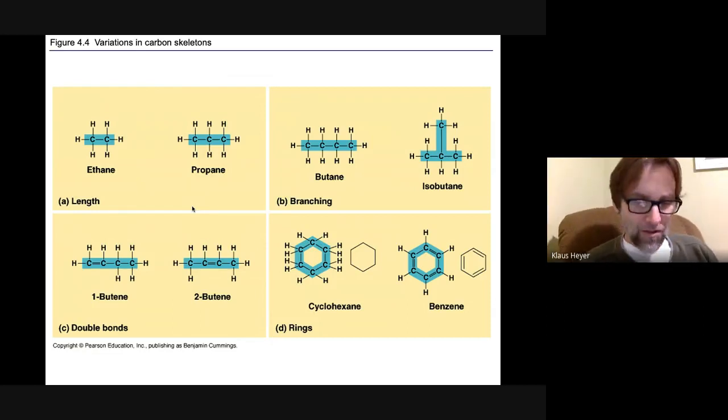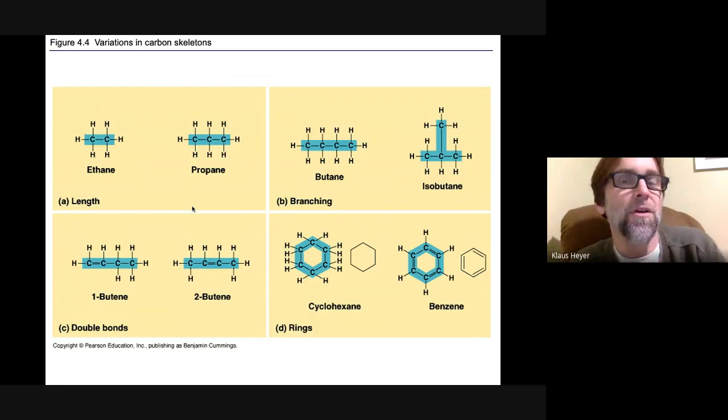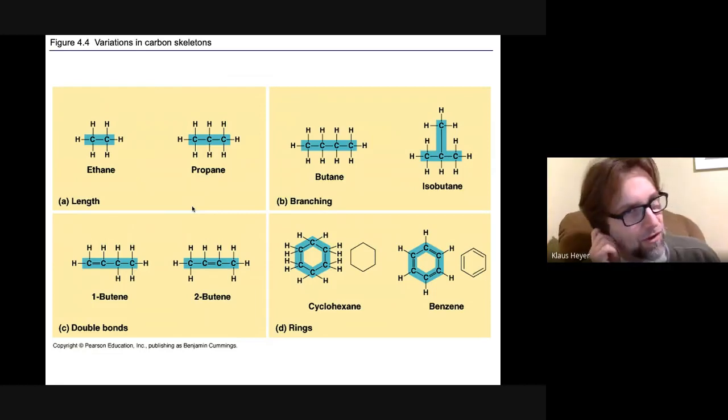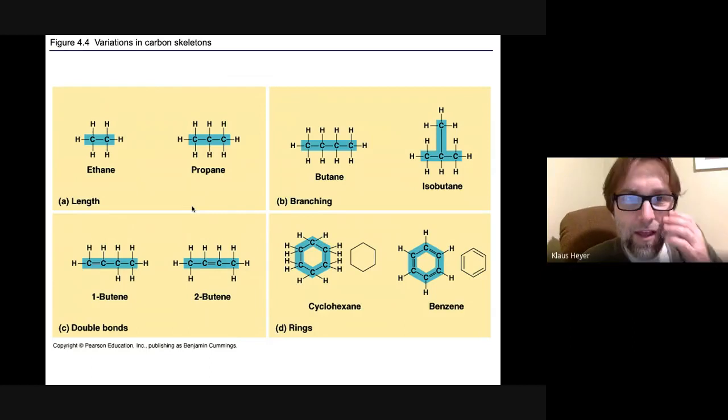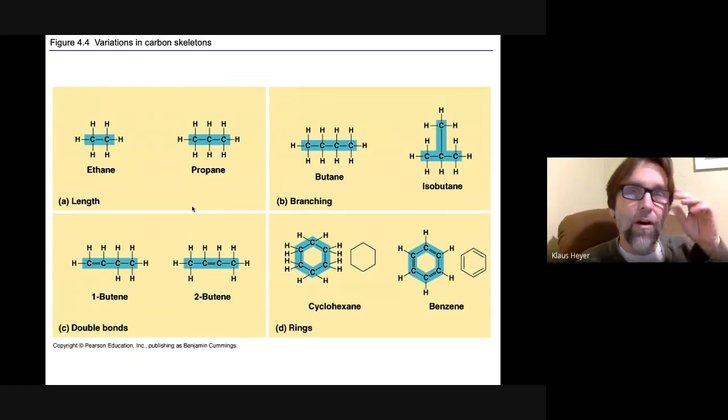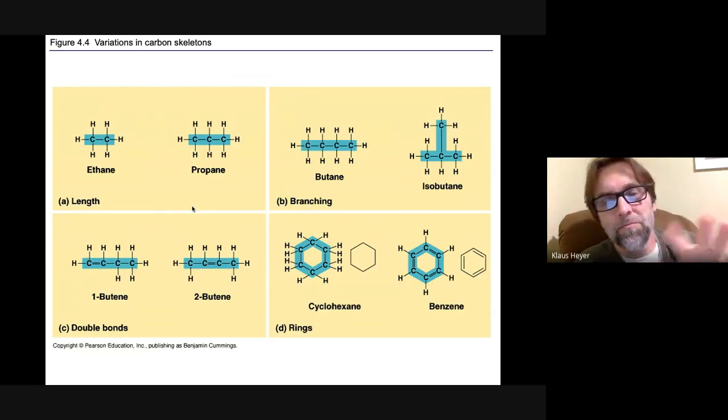Like, how can we tell a carbohydrate from a lipid? In other words, how can you tell something like starch from something like olive oil, when you're talking about the molecule? The answer is the oxygen and the